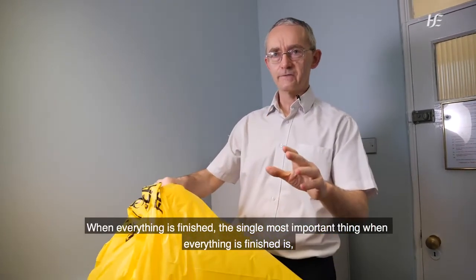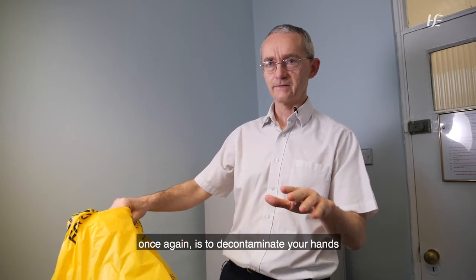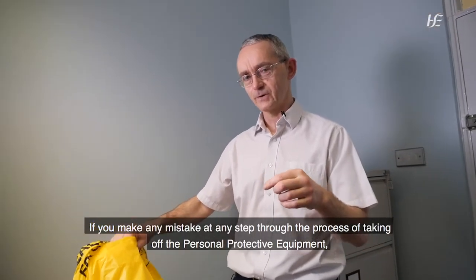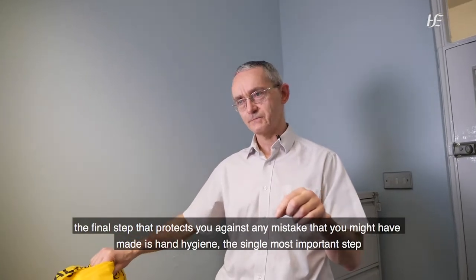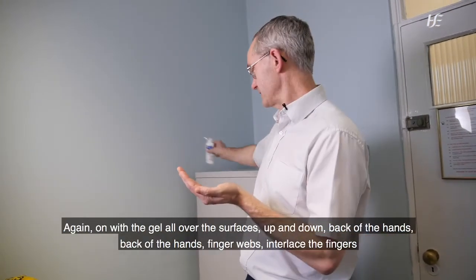And when everything is finished, the single most important thing when everything is finished is once again to decontaminate your hands. If you make any mistake at any step through the process of taking off the personal protective equipment, the final step that protects you against any mistake that you might have made is hand hygiene, the single most important step. So again, on with the gel,